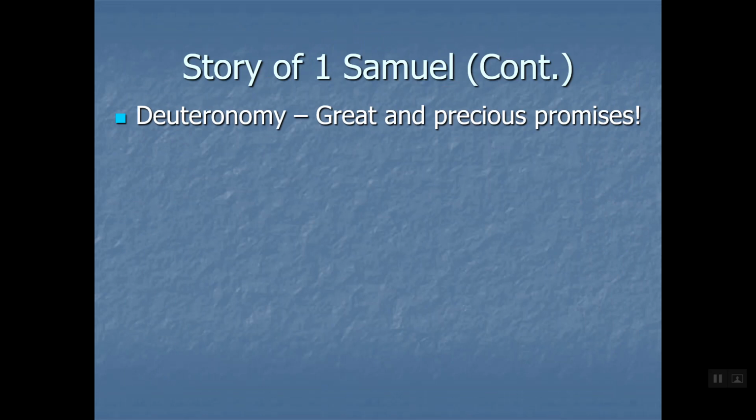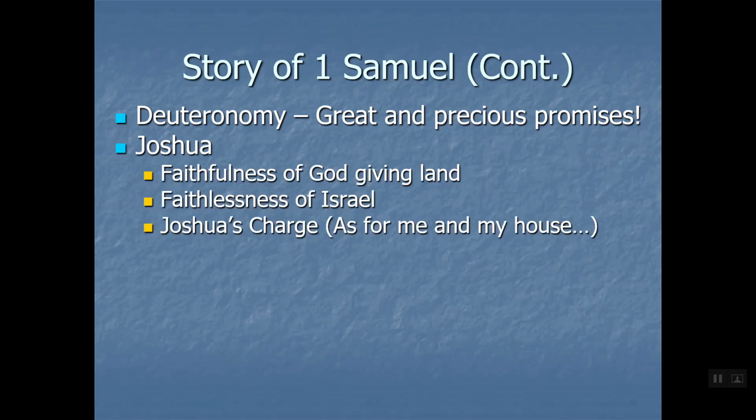Okay, so we're going to walk through Samuel. Again, I want to begin with a real quick summary of what Frank has taken us through. I call it Deuteronomy specifically because it is somewhat of a summary of all that God has done. They're on the plains of Moab and they're ready to go in, and essentially God makes all these great promises to this second generation of what He requires of them and what the warnings are if they don't obey and what the blessings will be if they do obey.